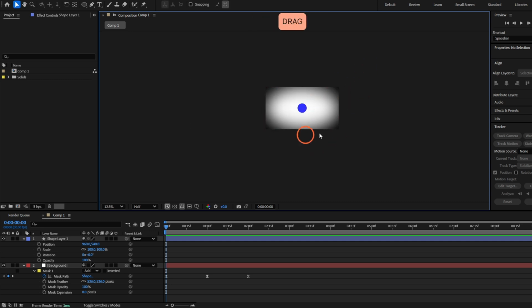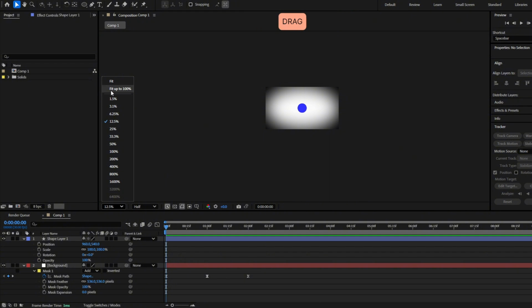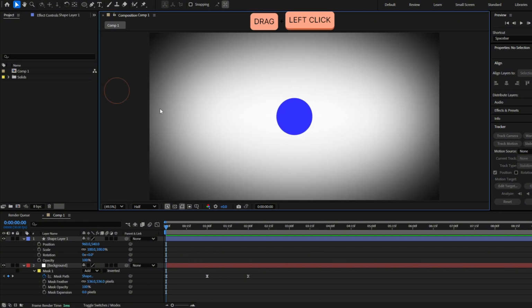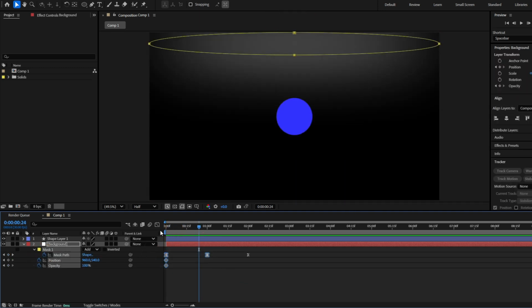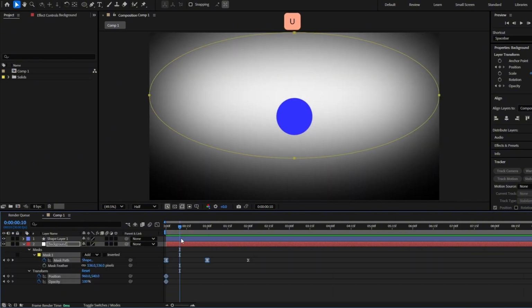And to make this in the middle of the screen again, you have to go here and select fit up to 100% or fit, and now it will go back to this position. Oh, also you can show all the keyframes with U or hide all the keyframes with U. So if I make some opacity keyframe here, position keyframe, and you see if I press U, you see all the keyframes, and with U, you hide all of that